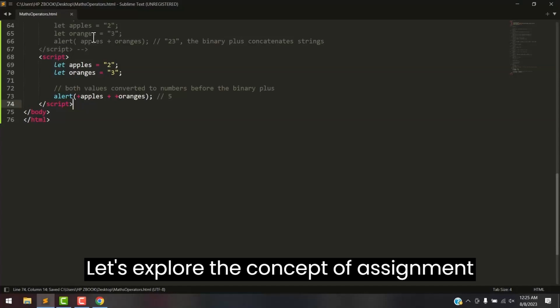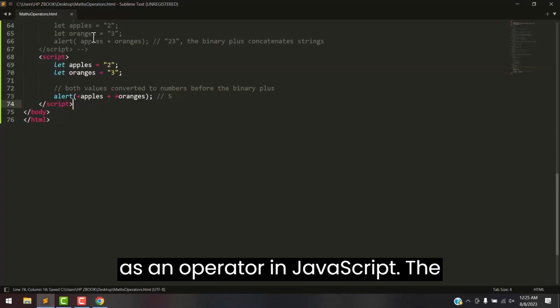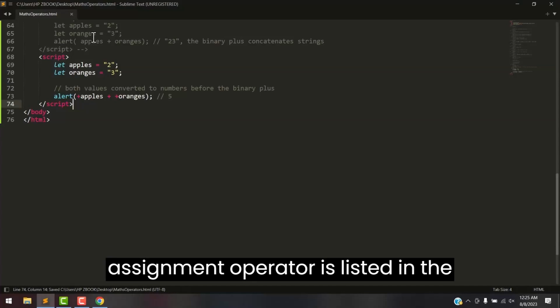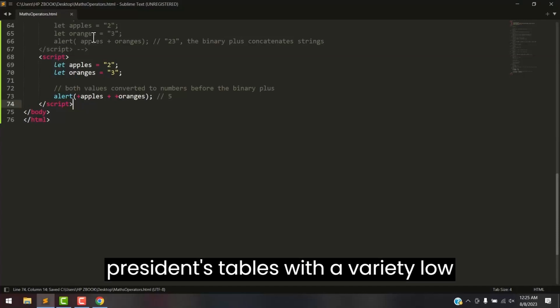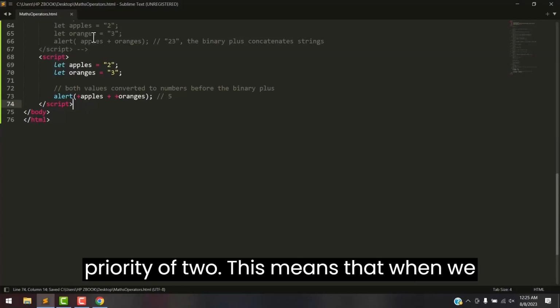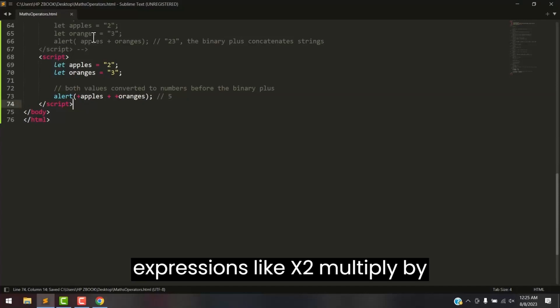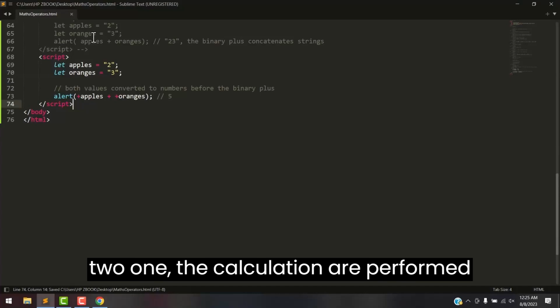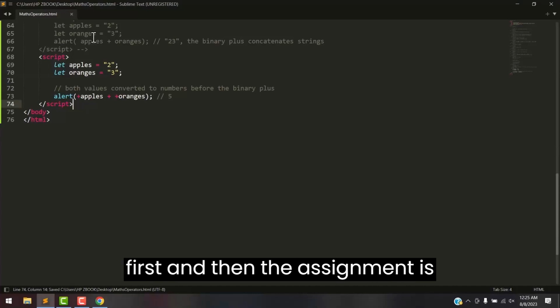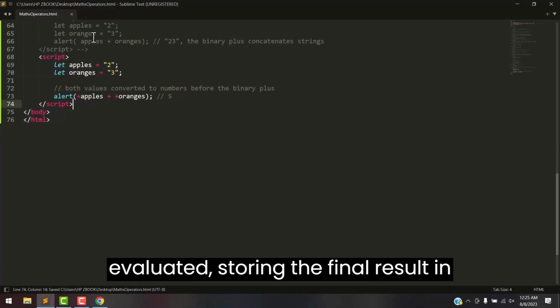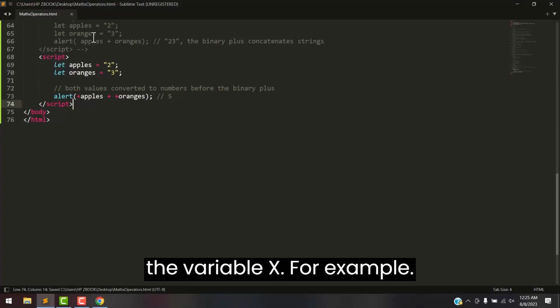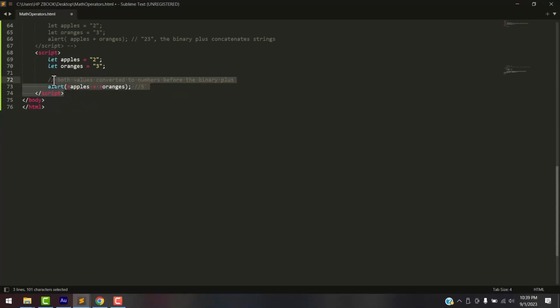Let's explore the concept of assignment as an operator in JavaScript. The assignment operator is listed in the precedence table with a very low priority of 2. This means that when we use the assignment operator in an expression like x equals 2 multiplied by 2 plus 1, the calculation is performed first, and then the assignment is evaluated, storing the final result in the variable x. For example,